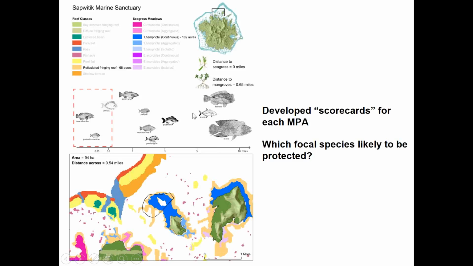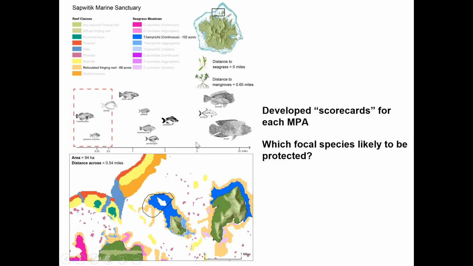What we did on these scorecards is we refined that fish movement graph even further and said, okay, of all the fishery species here, which are the ones that are most important to you, that you most want your areas to protect? And they came up with these 8 or 10 species. So as you can see, this place is only protecting a couple of them.